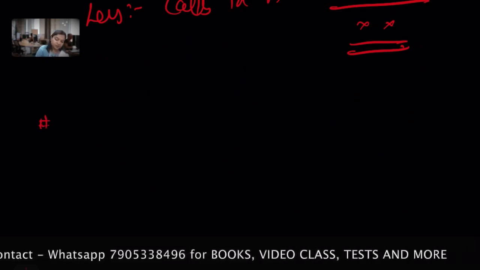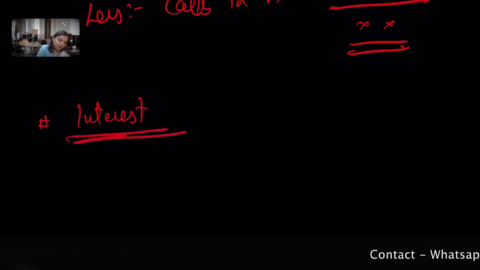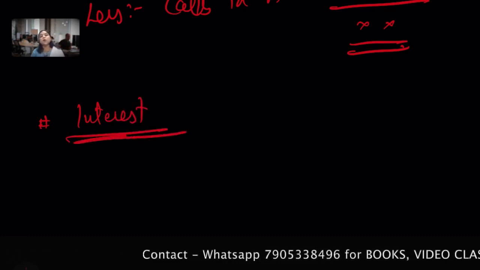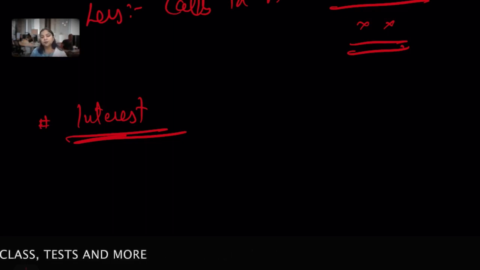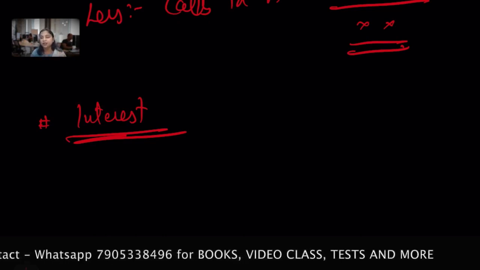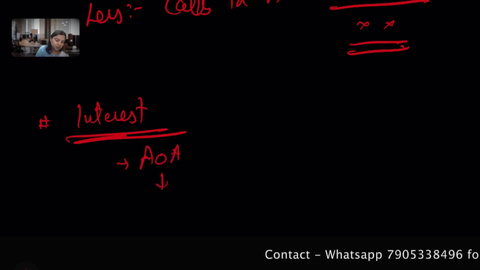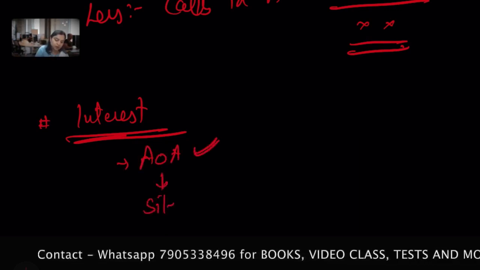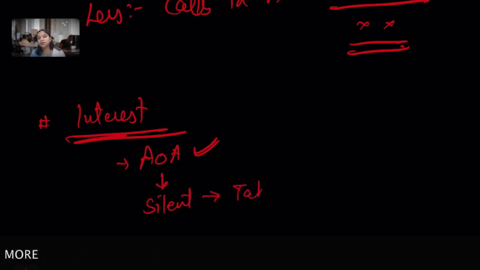Interest on calls in arrear. Interest on calls in arrear means the company is in a position to recover interest on whatever the calls in arrear are, provided that it is given in the articles of association of the company. There might be a situation where the articles are silent. So it should be mentioned in the articles of association, and what if it's silent?